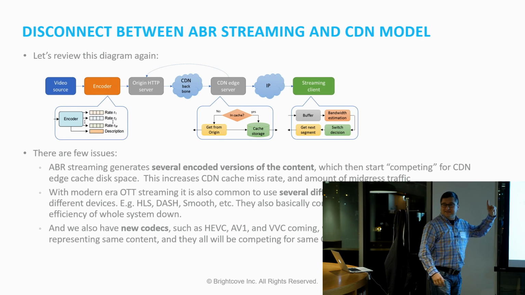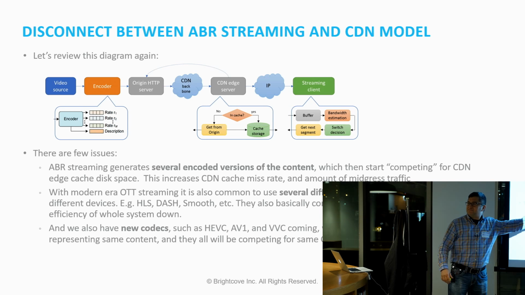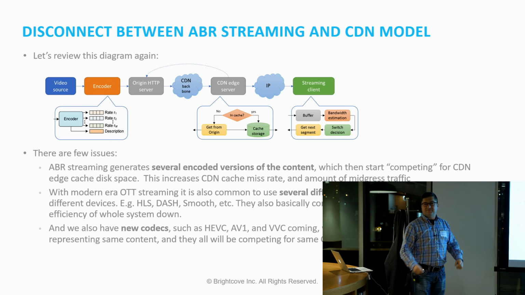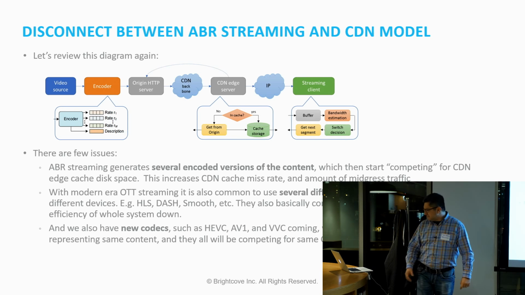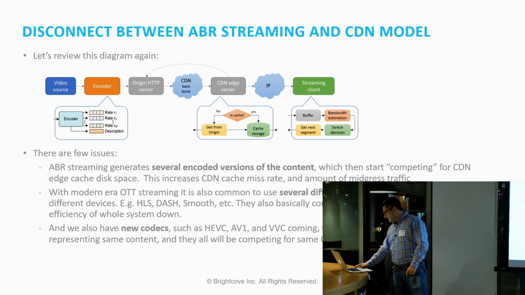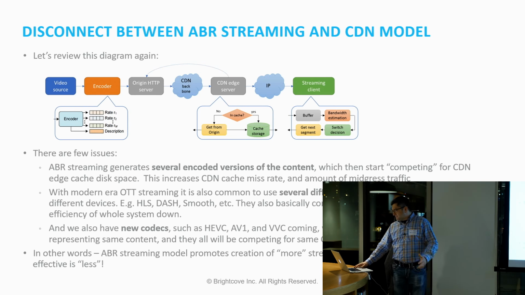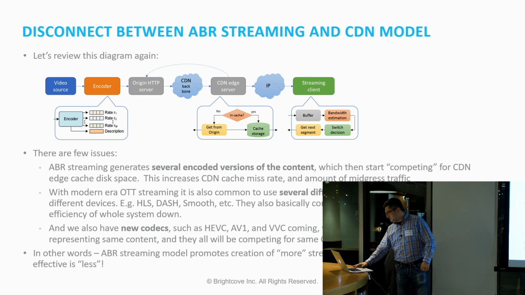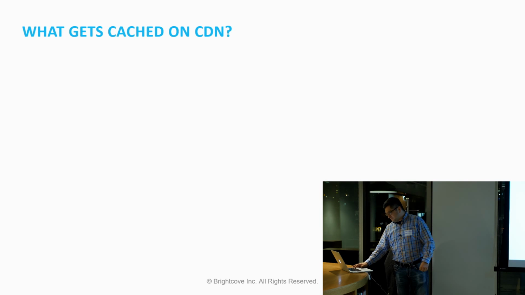You need to maintain everything that was before, and then you add a new codec on top of it. Where does it go? It goes to the CDN edge cache. And those new formats, again, fight between each other over whichever is going to survive there. So that's where I see a fundamental disconnect between the model and what we actually have with CDNs in terms of performance. Effectively, ABR streaming says more is better. CDN says less is better. So we need to find something in between, maybe.